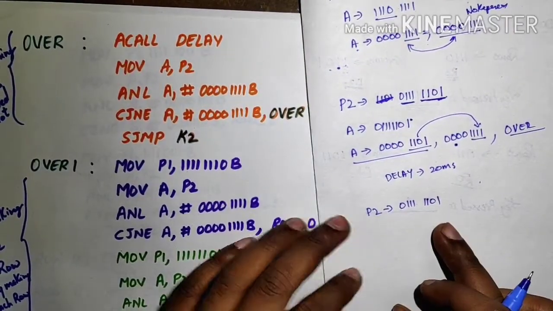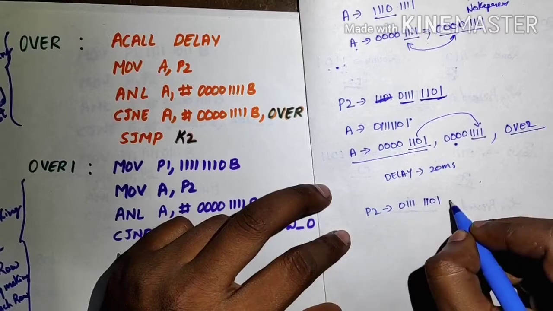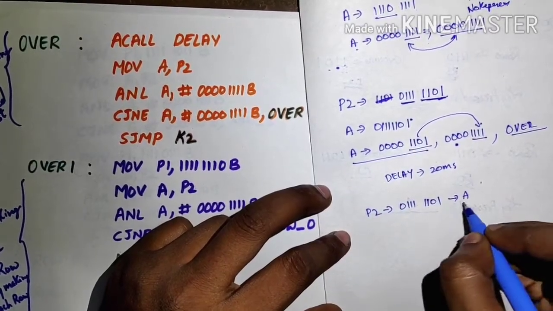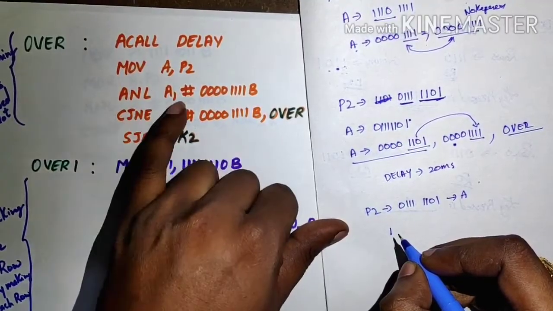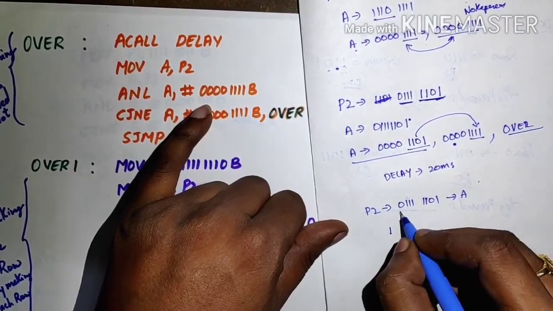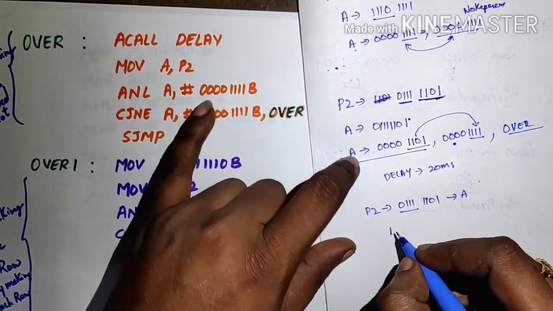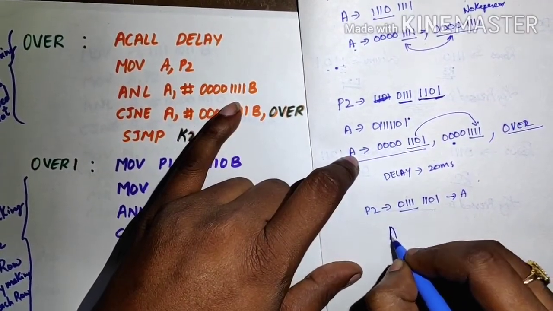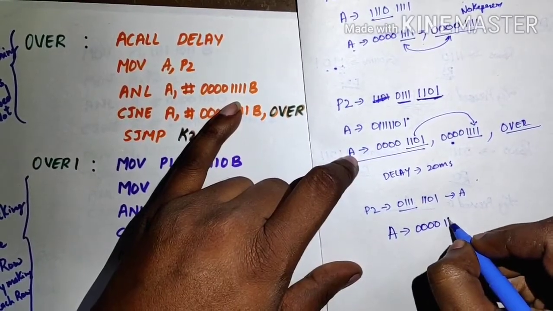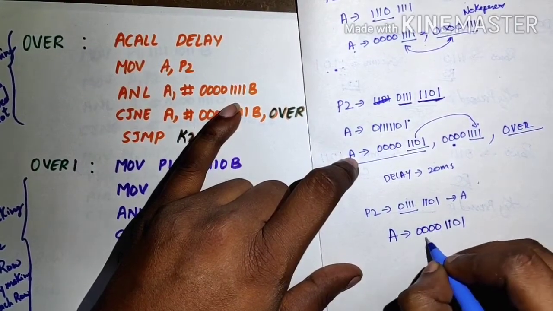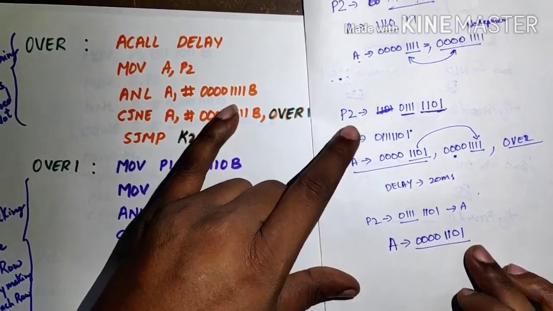Reading the port 2 value to the accumulator means this value will be moved to the accumulator. After moving the value to the accumulator, we are masking the MSB bits here: ANL A, #0F. So the accumulator value will be four zeros followed by 1 1 0 1. After successfully masking that, now what we are doing